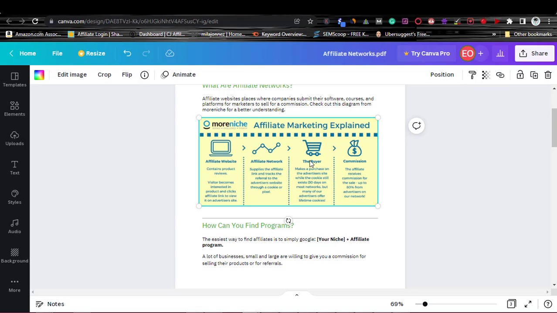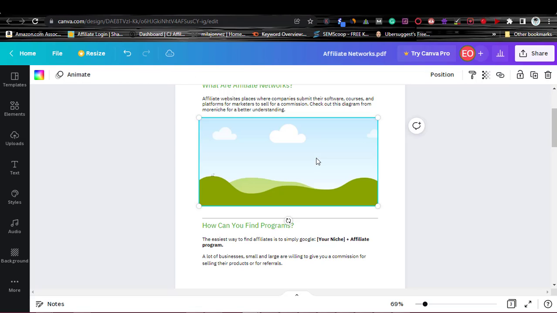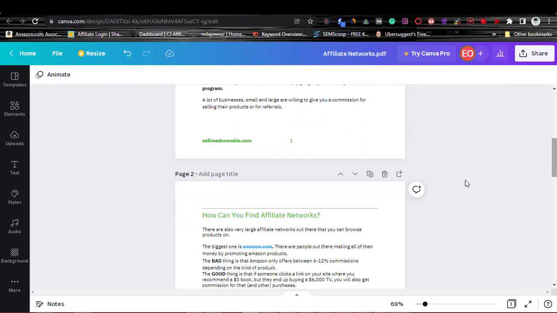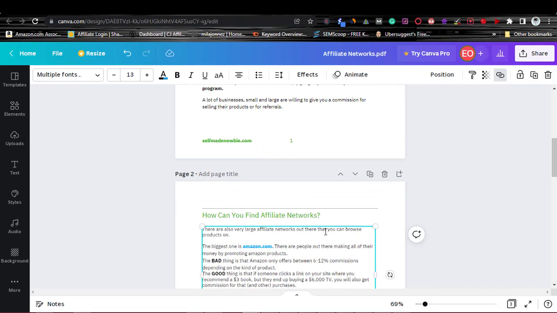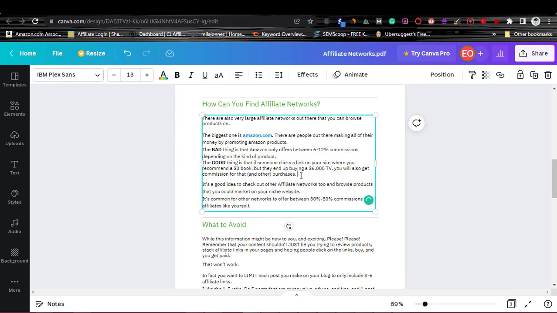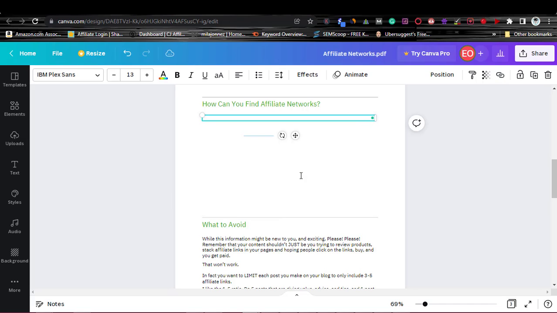If I don't like this, I can easily replace this one here, hit delete and delete it, and then put another one. Now if you see here, Canva made this thing like it was put inside what? A picture holder. So let me just do Ctrl Z and bring that back. So guys, you can see how easy it is to edit. I can delete all of this. See how easy it is to edit